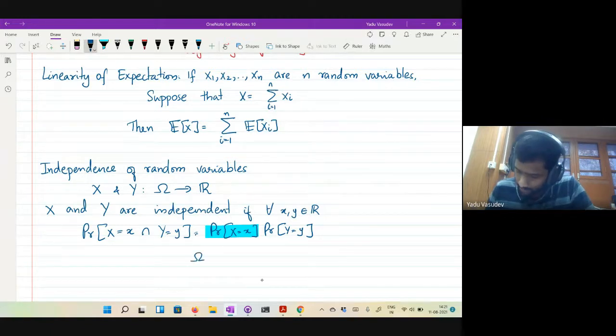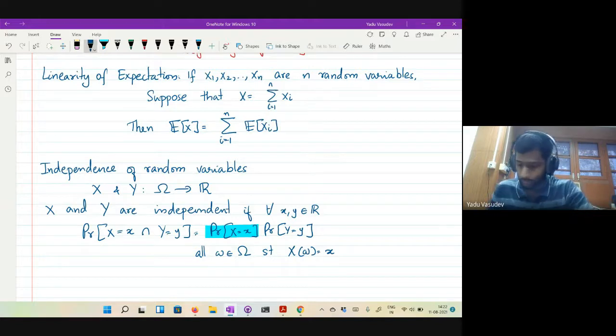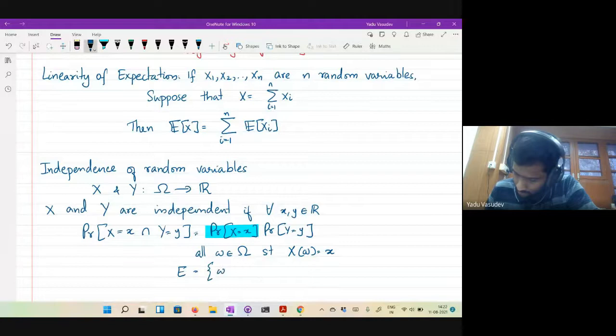Look at all omega in capital Omega such that capital X of omega is equal to small x. This defines an event. Call it E, the set of all omega in capital Omega such that X of omega is equal to x.